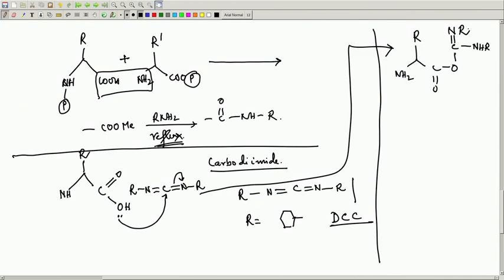Okay. So, this is the intermediate. Now, what you do, you add, once the reaction of the acid and the DCC is over, then you add your amine. If you add the amine, now look at the structure, this is now no longer the carboxy, this is the carbonyl carbon of the earlier carboxylic acid, and this OH is now converted into a system which resembles urea. It is still not urea, but it is a urea type derivative.